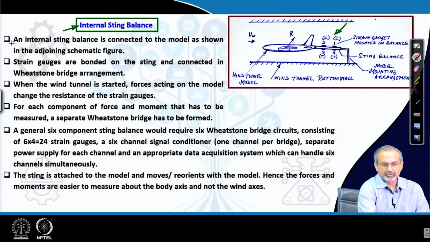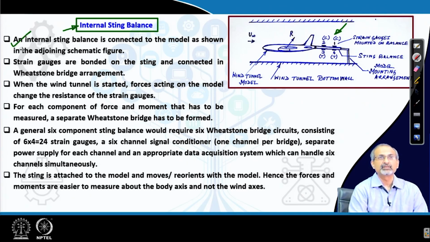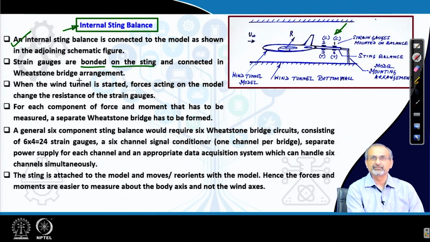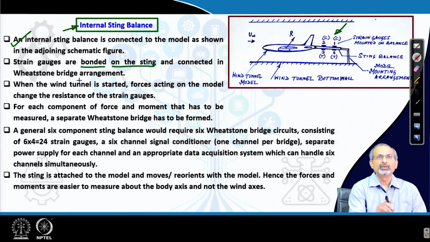So, we have drawn the schematic diagram where the internal sting balance connected to the model is demonstrated schematically. The strain gauges are bonded on the sting and connected in a Wheatstone bridge arrangement. Before you bond them on the sting, you have to prepare the sting surfaces very carefully by machining them to appropriate surface finish, keeping the surface very clean before you bond the gauges to the sting